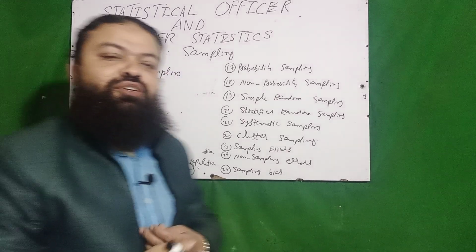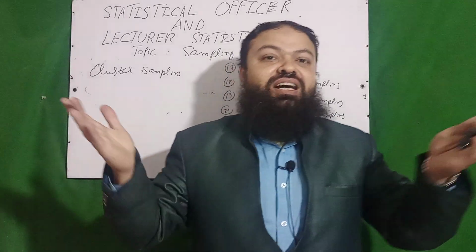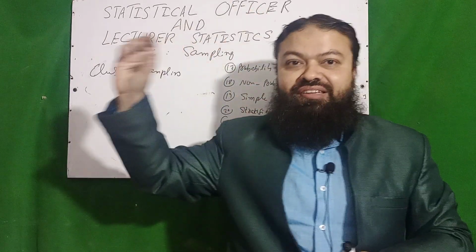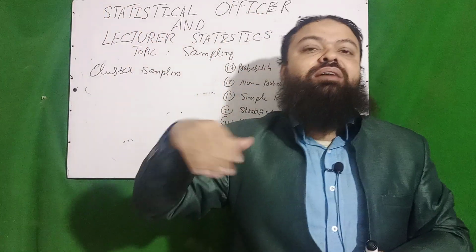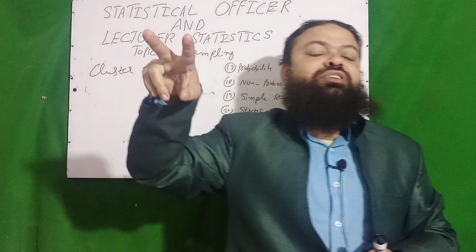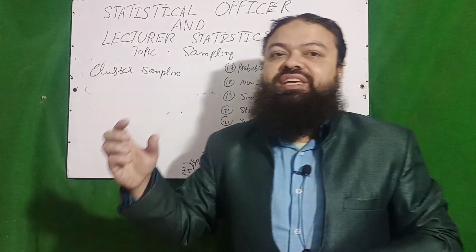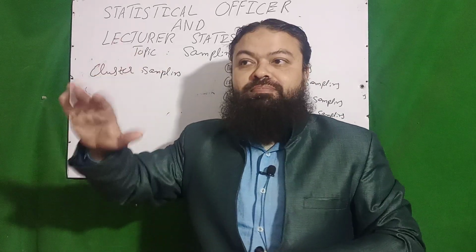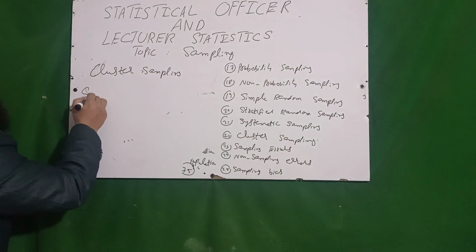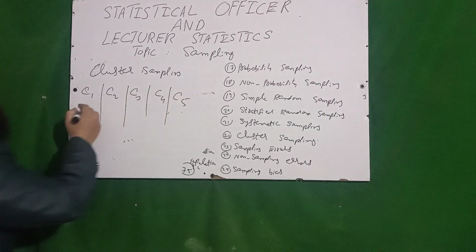Dear students, what did we do in stratified sampling? When the population was heterogeneous, there was large variation in the data, we made homogeneous groups which have less variation within strata and much variation between strata. They were homogeneous internally, they were heterogeneous externally. And now cluster sampling, like stratified random sampling, we make groups of the population. These are called clusters. For example, cluster number 1, C1, C2, C3, C4, C5, and they should be heterogeneous